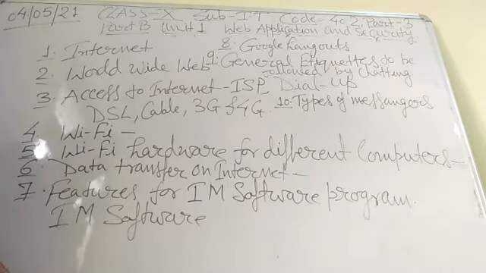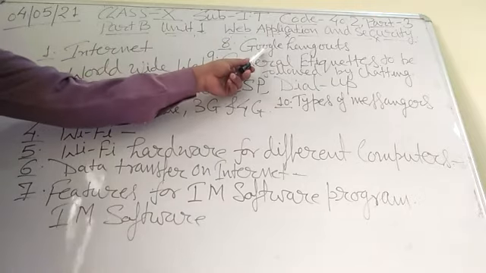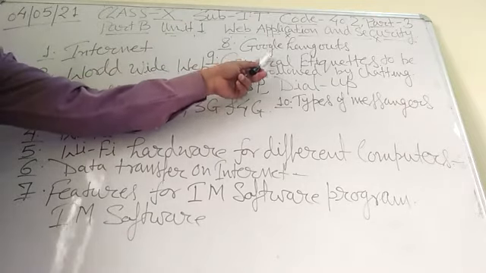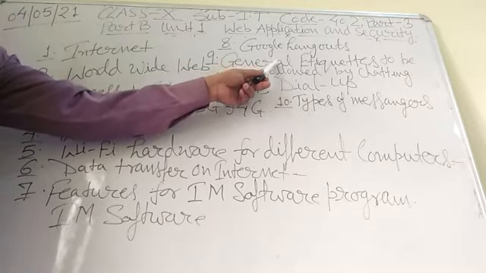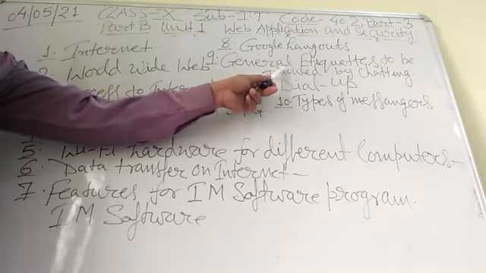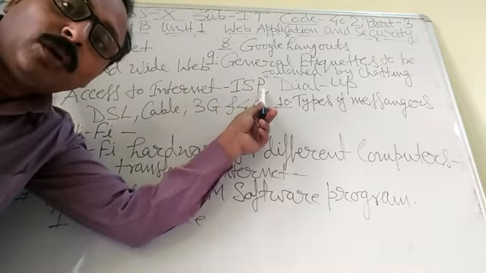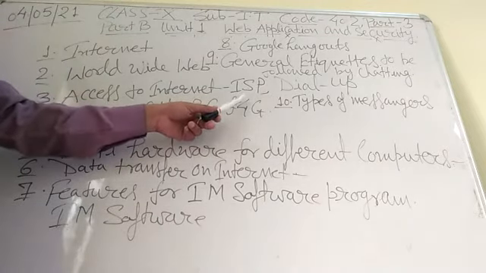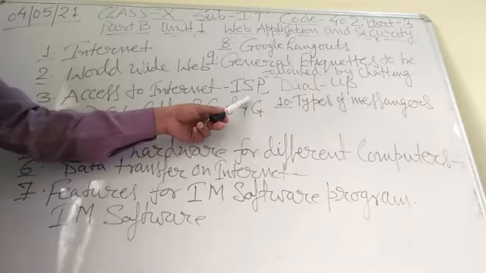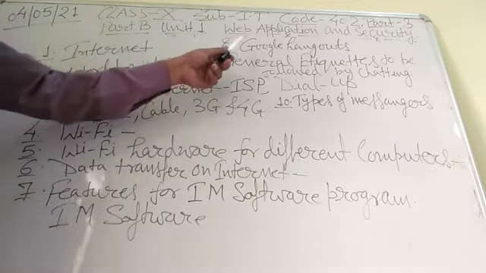Okay. Now next I am going to discuss Google Hangout. What is Google Hangout? Google Hangout is a communication platform developed by Google, which includes messaging, video calling, voice calling, text based instant messaging, chat, SMS and VoIP. VoIP stands for Voice over Internet Protocol. These are the features of Google Hangout. It is similar to Microsoft Skype and Facebook Messenger. This is known as Google Hangout.